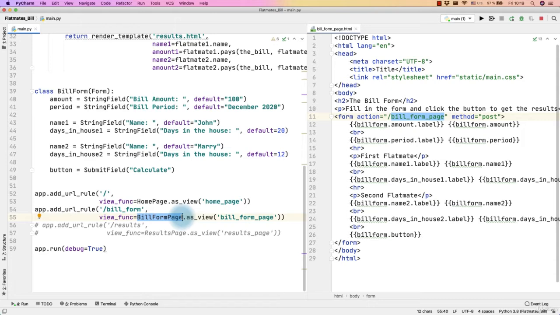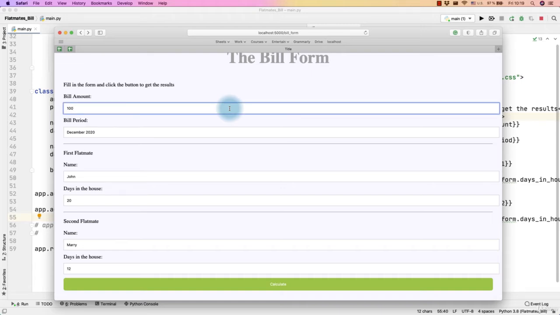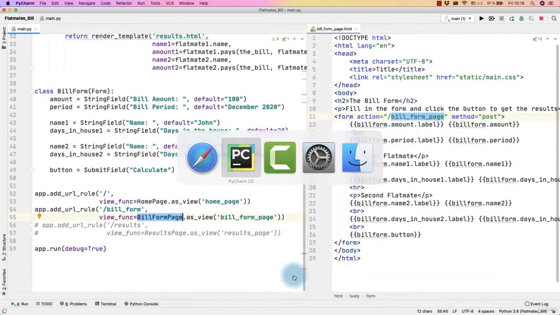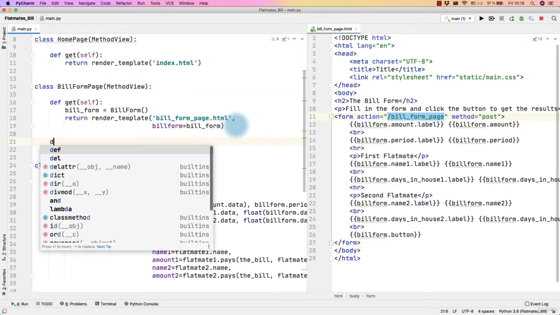But now there are two ways of going to the bill form page. So the first way is when you just load the page without pressing the button, and that is a GET request. But now if we press the button, that means we are sending this data to the server. That is a POST request. However, the bill form page class currently only handles GET requests. So when the button is pressed and the user is taken to this page, this class will not be able to handle that request. But we can fix that by adding here a POST